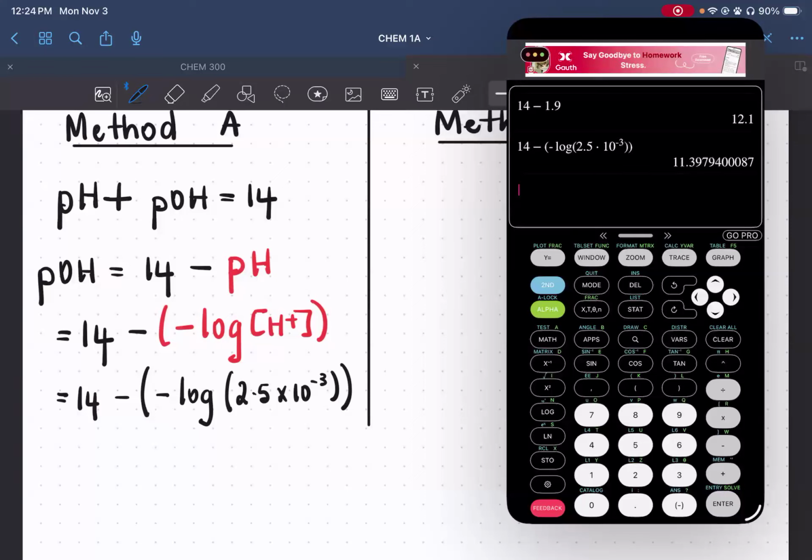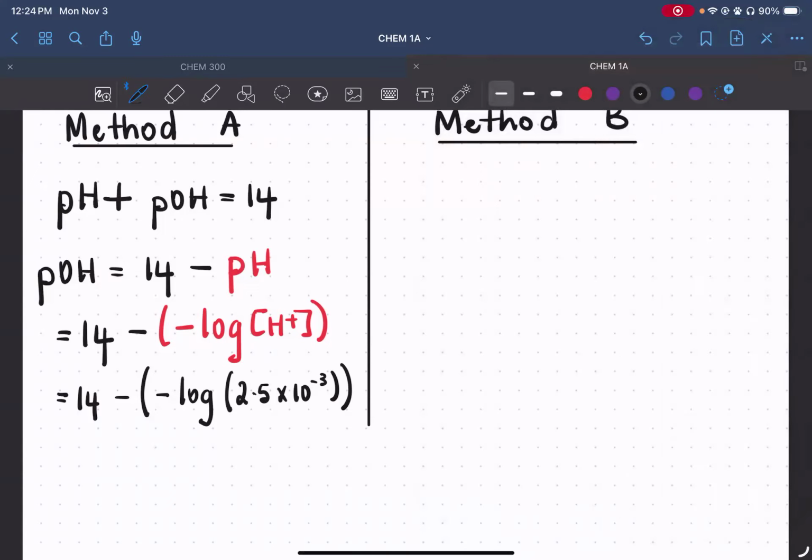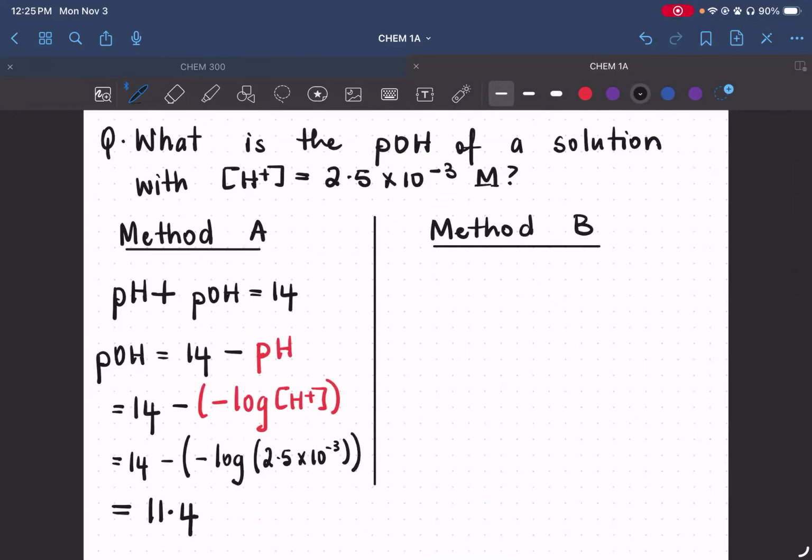The answer I see here, when rounded to 1 decimal place, is approximately 11.4. And with that, we have solved for POH using two equations that we had to manipulate together. There is, of course, another approach to do this. And again, you should get the same answer in both methods, where